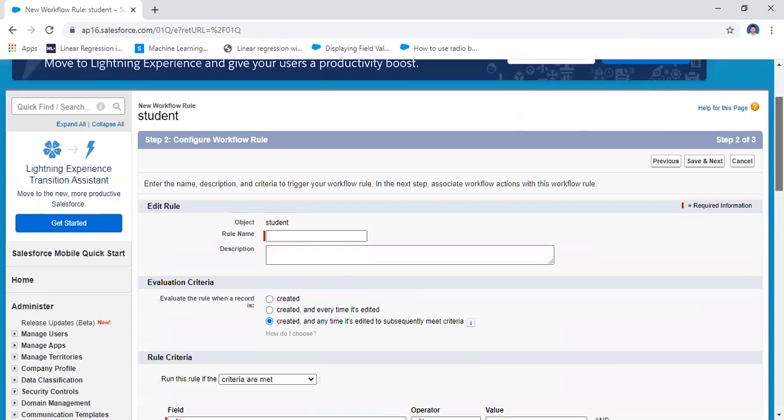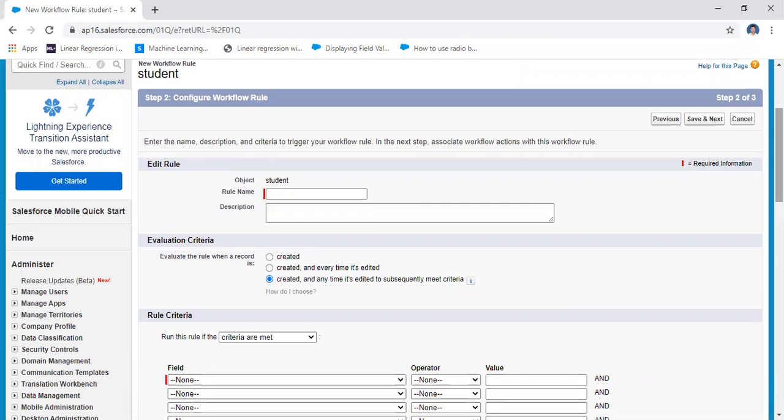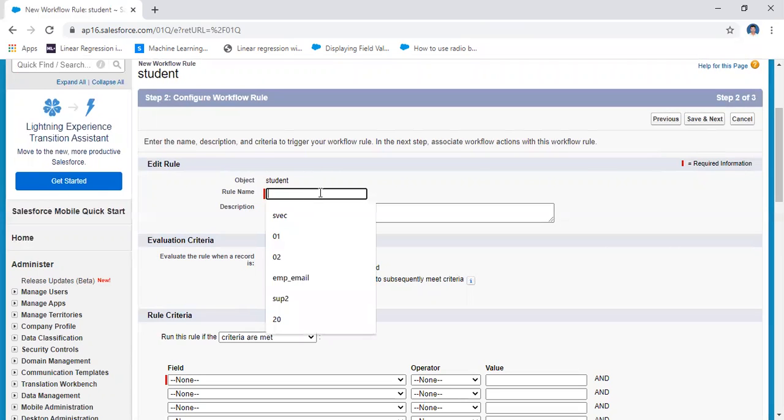Here the workflow name, for example, an example name of the workflow rule name: student_workflow1, let us assume, and then created.